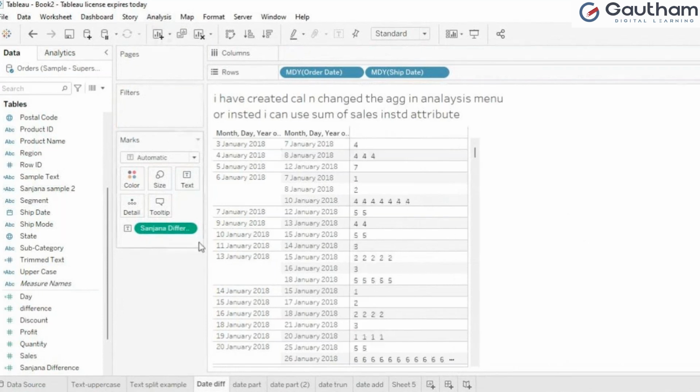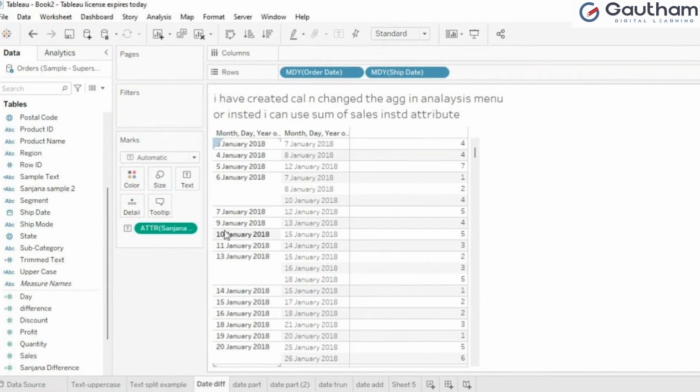In that case what you have to do is, just select the attribute. Now see, let me select this. One second, let me go control Z until 28 comes. Yeah, 28 comes.